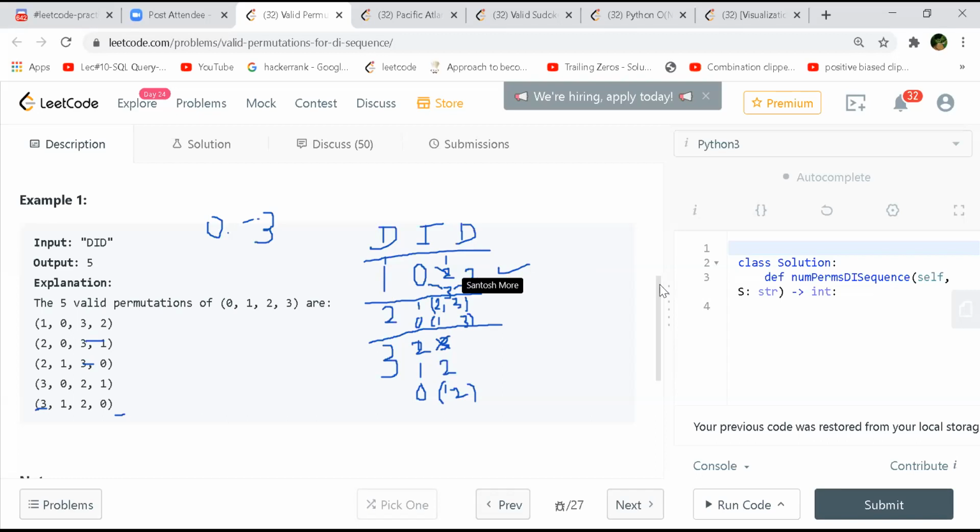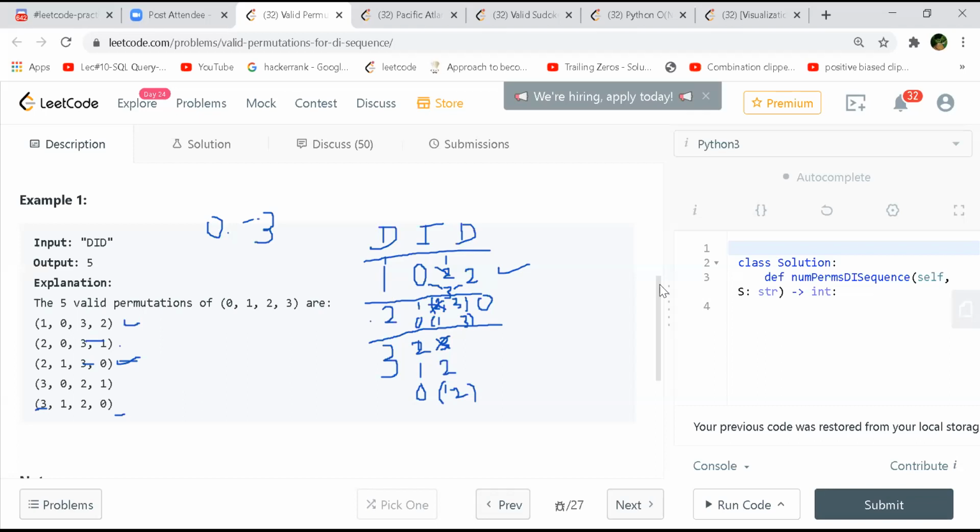But if you go for 2, now you are at 2 and 3. If you want a decreasing from 2, you cannot take 2 because it would be repeating, so that is not possible. But if you take 2, 1, 3, and you have to have a decreasing, you can take 0 in that case. So this will be 2, 1, 3, 0. This is one we did here, and we did this with this one also. For 2, 0, you actually cannot take 0; you can take 1 increasing, but then you don't find any decreasing after that.